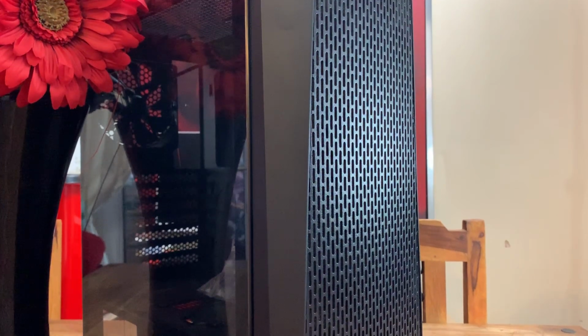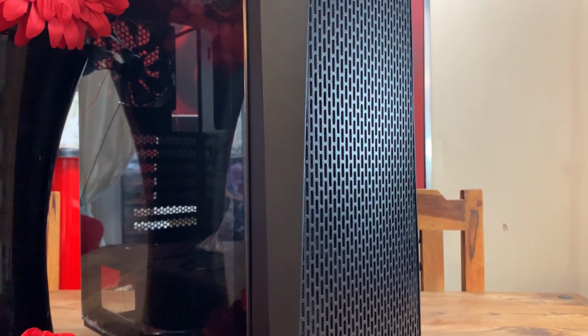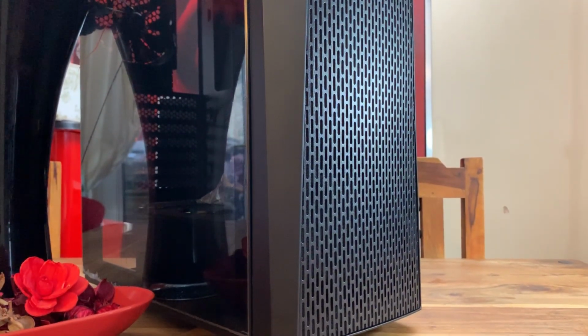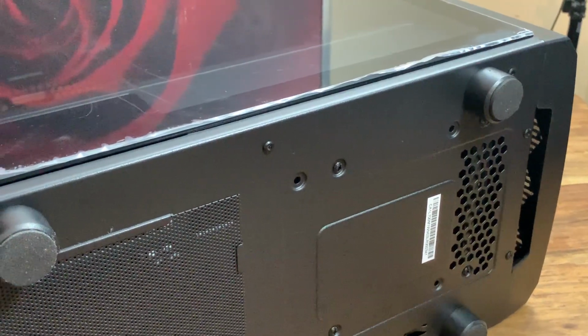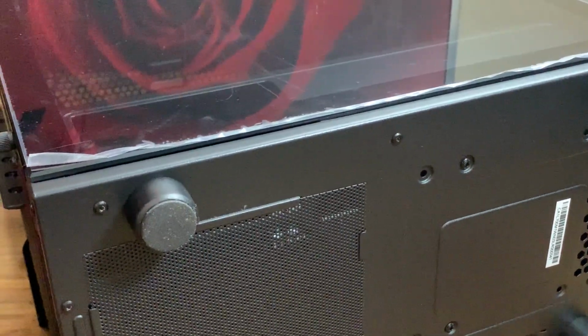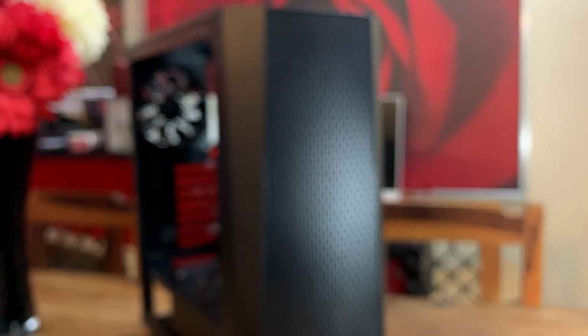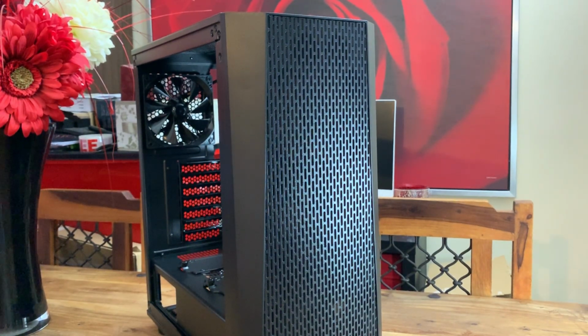Don't feel threatened by its shrunken size. The J24 TG ARGB gives you all the space you need for high-end hardware. It can fit in a CPU cooler with a maximum height of 160mm, a GPU of up to 330mm in length, and a standard ATX power supply. So like I said, no compromising on the components at all, including 3 3.5-inch hard drive slots and 2 SSD slots available is remarkable in my opinion, especially having the dimensions that close to a tin of beans, coming in at 462 x 206 x 414mm. So jokes aside, this case is amazing with its airflow and design, ram-packed full of features and zero compromises,